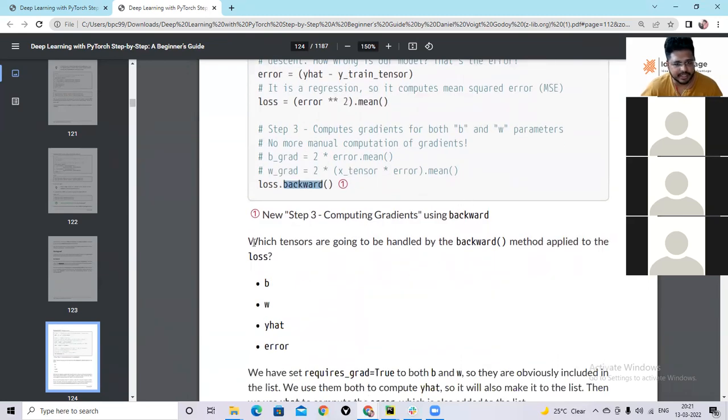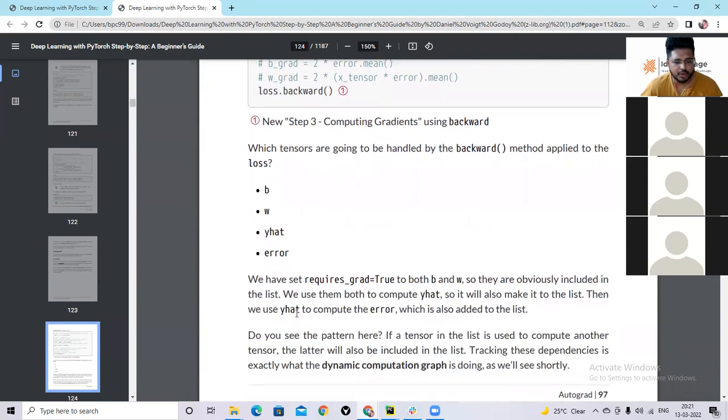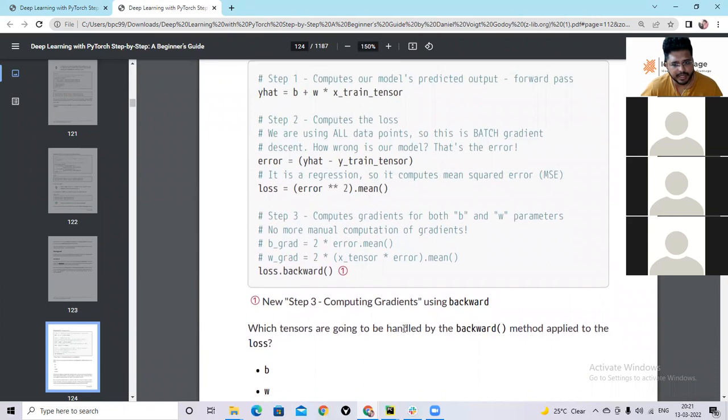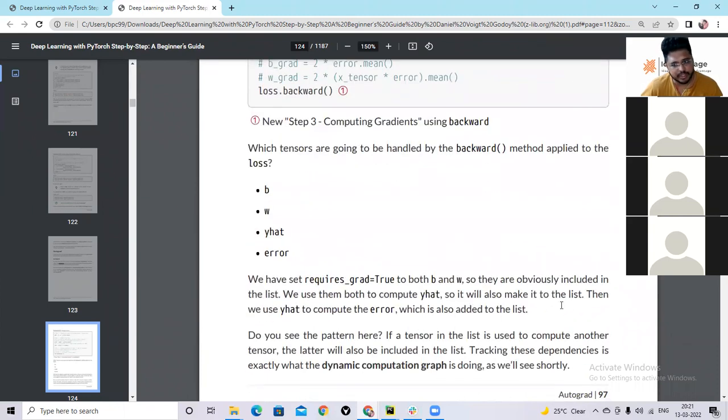Which tensors are going to be handled by the backward applied to the loss? See, it has written B, W, y hat, error. We have set requires grad equals to true for both B and W, so they are obviously included in the list. We use them to compute y hat. Yes, B and W were used to calculate y hat, so it makes it to the list.